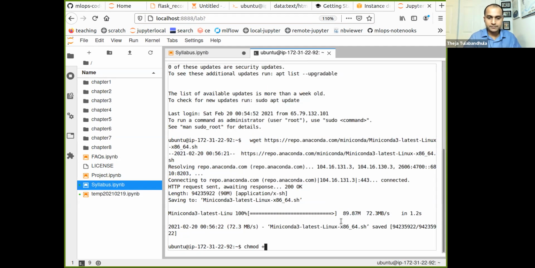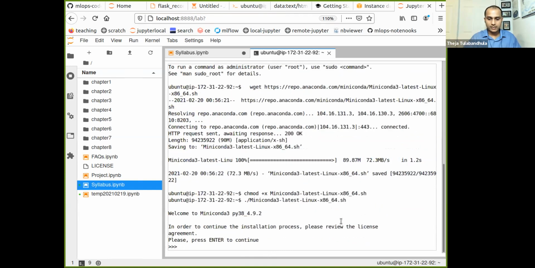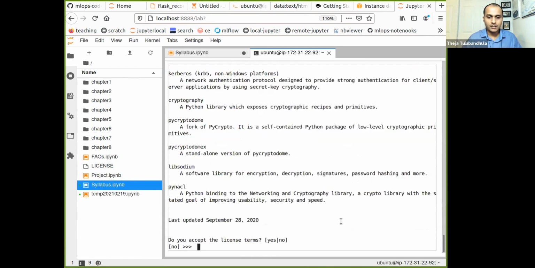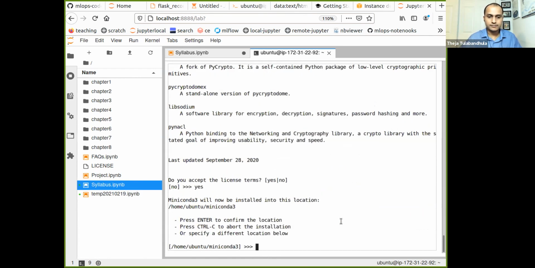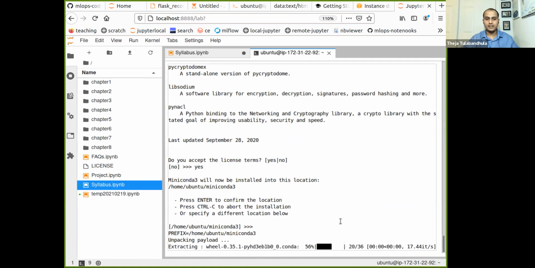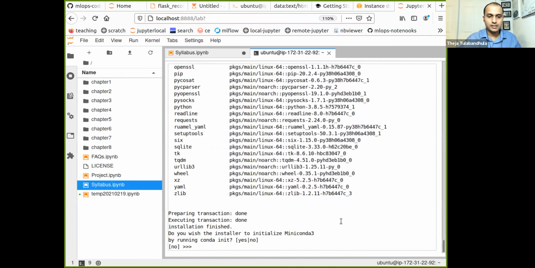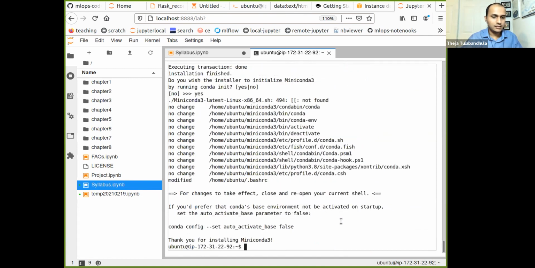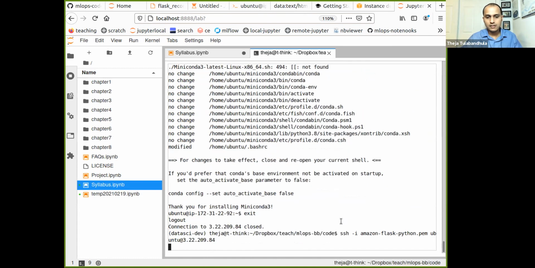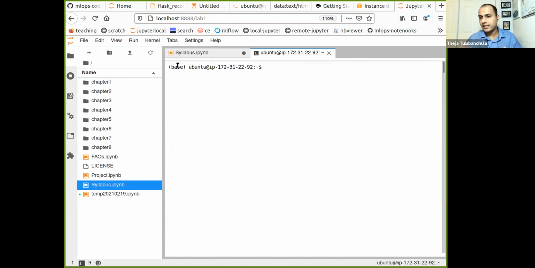So I'm just going to install Conda so that we can run the Flask app and then also package it into an image. I'm not going to create a separate environment.